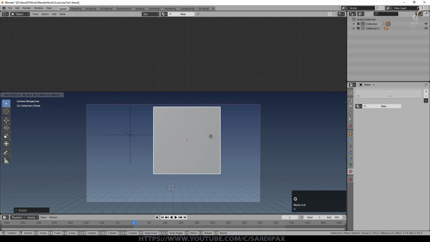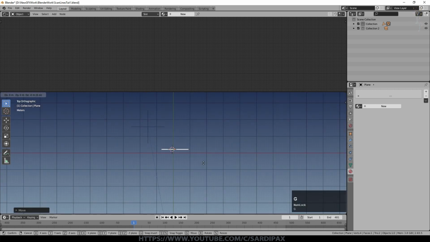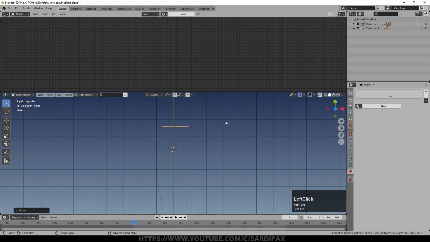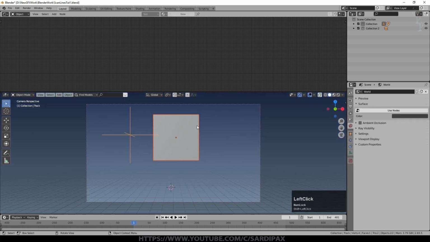And I'm going to put it somewhere about here at the moment. Perhaps scale it down slightly. And we'll put it, it's probably not too important, but we'll put it at the same distance from the camera as the empty. And now I'm going to select the empty as well, say Control P and say Object Keep Transform. And now when I press play, when we get to the relevant part of the scene, the empty is now moving that little plane around along with the movement from our track.